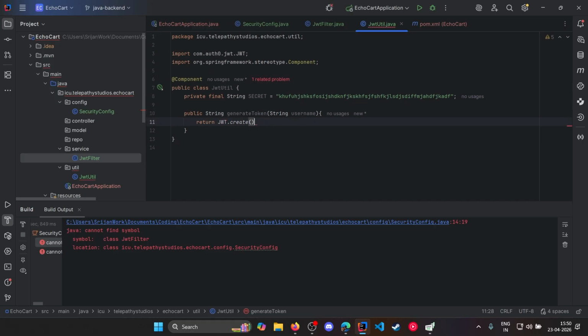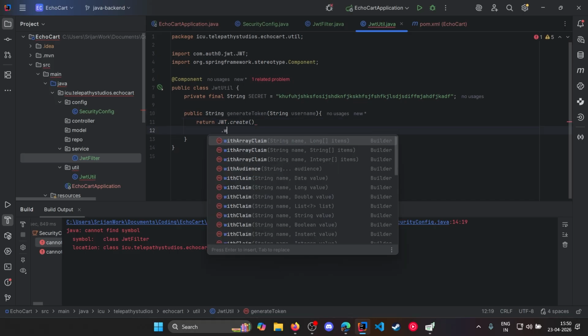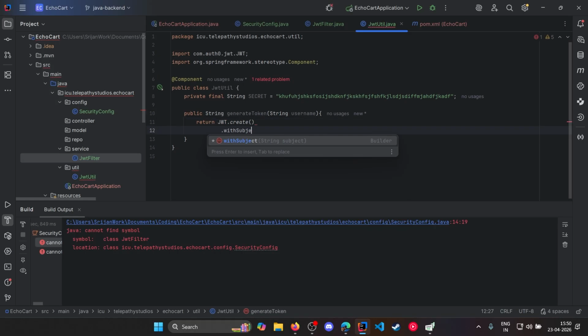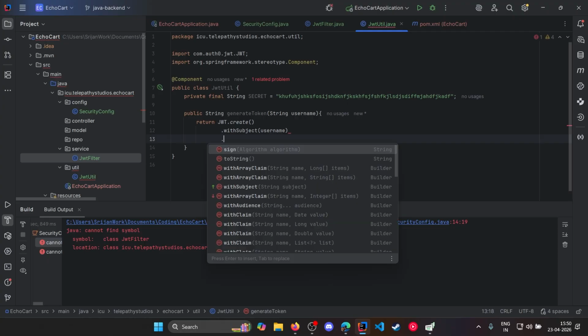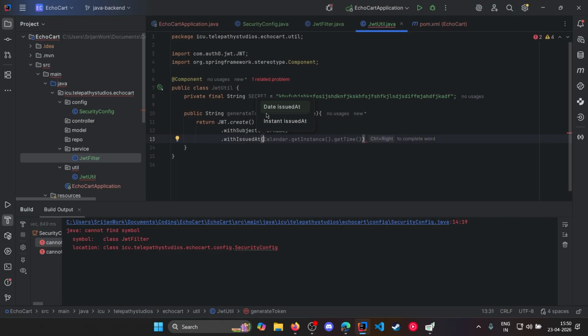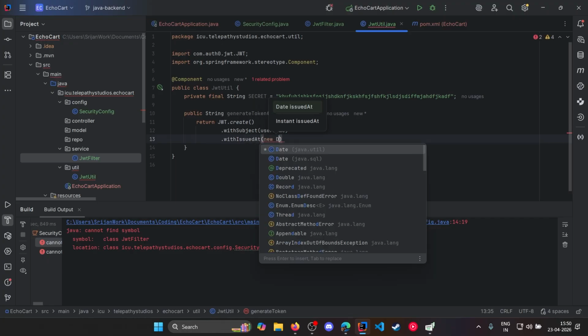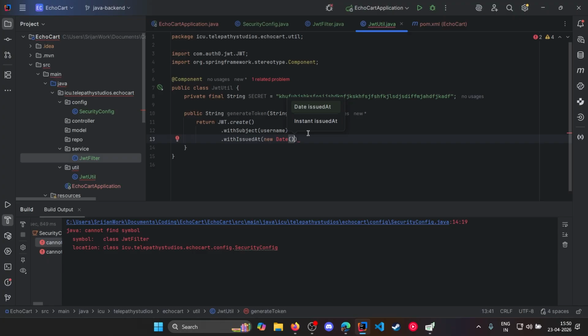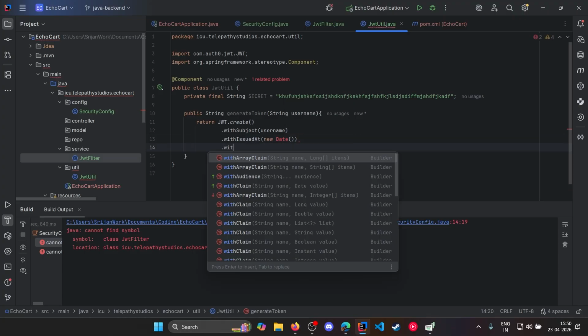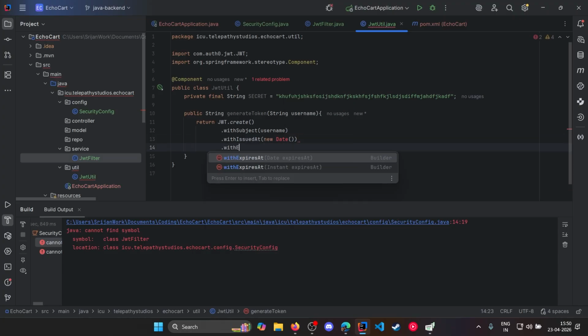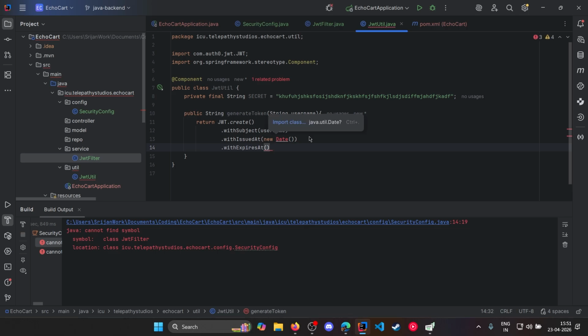Let me add all the functions. You can just copy this from ChatGPT because it's too long to explain, but I'm basically creating a JWT token using the JWT package, and we'll return it with all the information. Now this is the date. And then we have the expiry. You will have a Date,